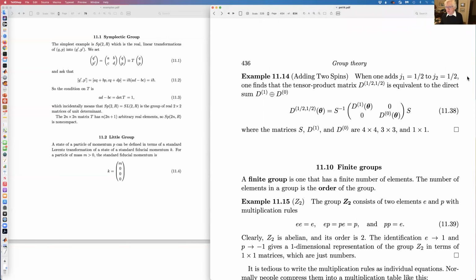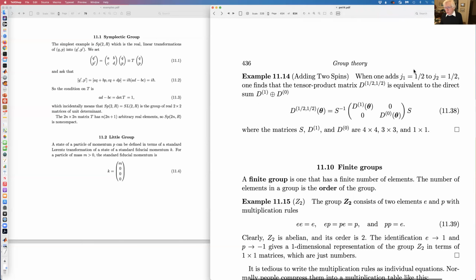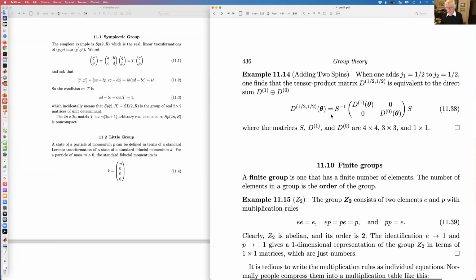Suppose you have two spin 1/2s, then the composite rotation is equivalent to, of course this one will be 2 by 2, this will be 2 by 2, so this is 4 by 4, but it's equivalent to a 3-dimensional representation and a 1-dimensional representation. And so that's your standard thing in quantum mechanics, namely that,